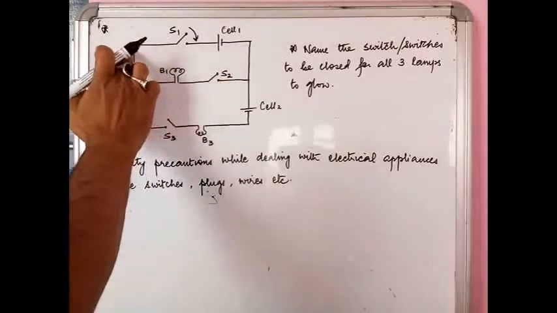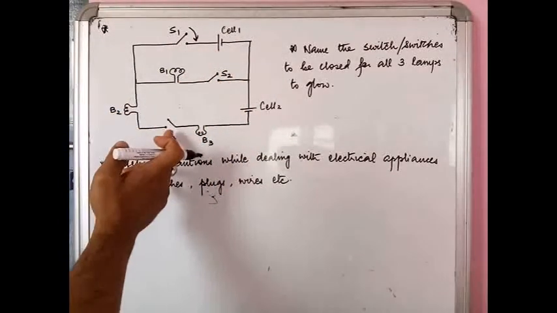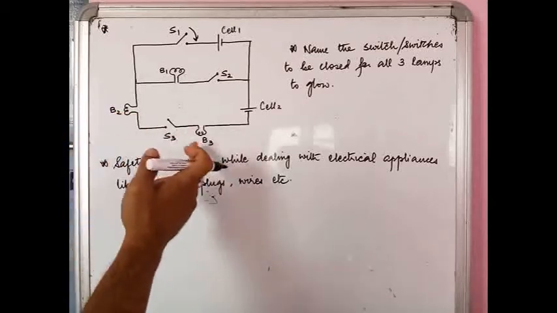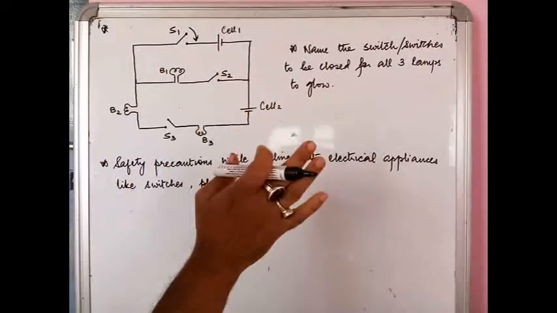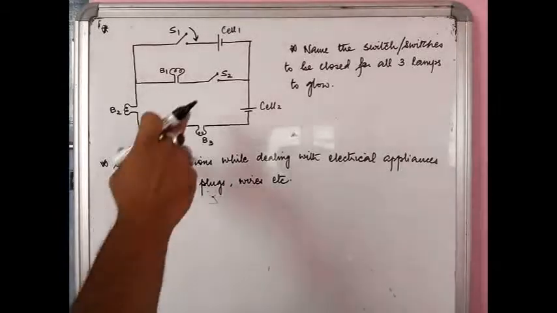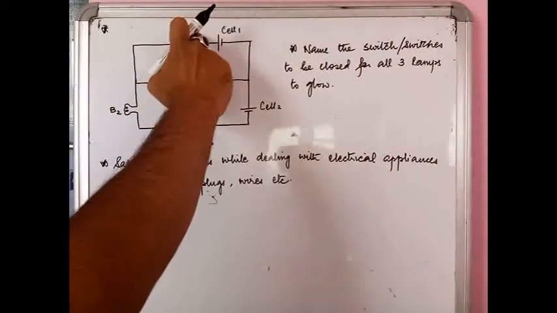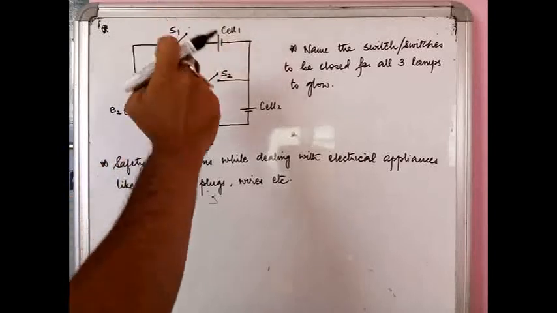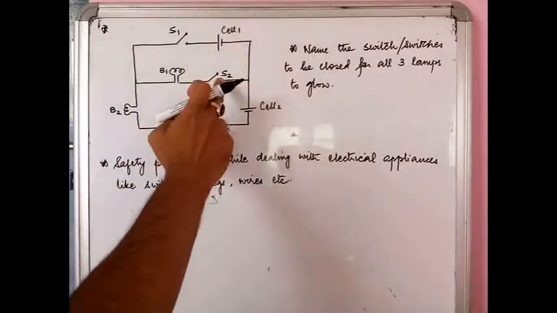Okay, so we will look for this path. Again, here switch S3 is closed, so bulbs B2 and B3 are not going to glow. So in effect, S1 switch is really of not much use. Okay, now we'll have a look at let's say switch S2. Okay, we are going to have a look at switch S2.